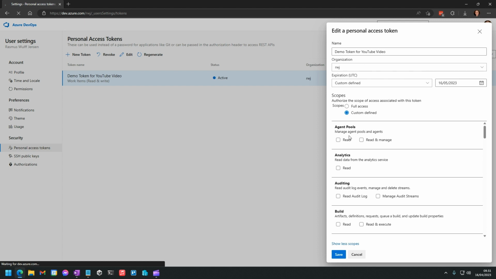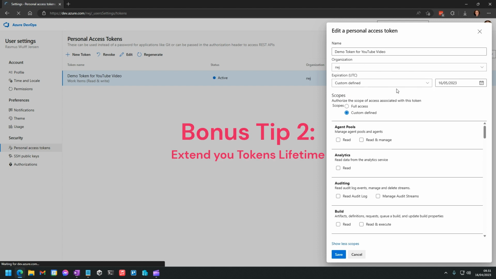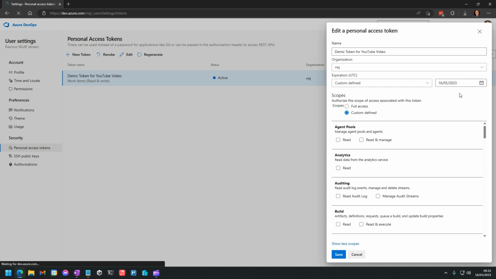Tip number 2 is to extend the lifetime of your token. As I mentioned, you can max do 1 year, but for example, in 1 month's time, you can give it 1 more month. So it's a sliding scope where you can give it up to a year all the time. So you can essentially keep it alive forever. If your token is about to run out, 7 days before you get an email notification, and at that point you can simply give it 1 more year of validity or make a new one.